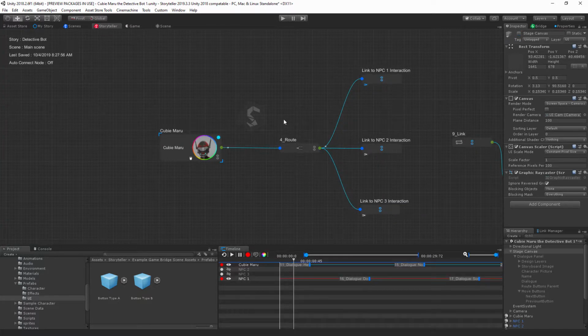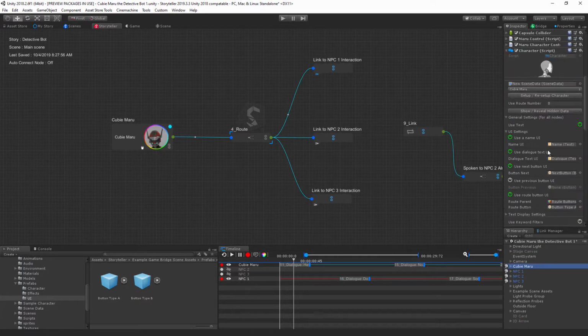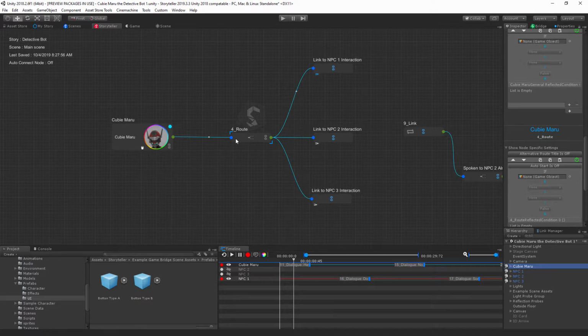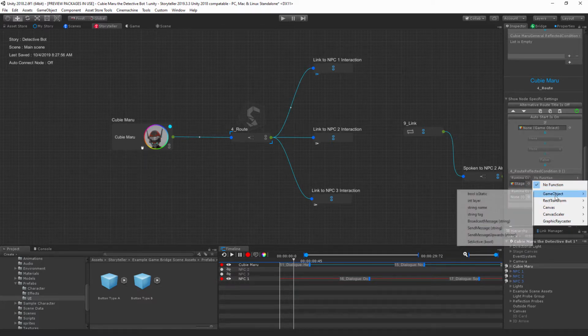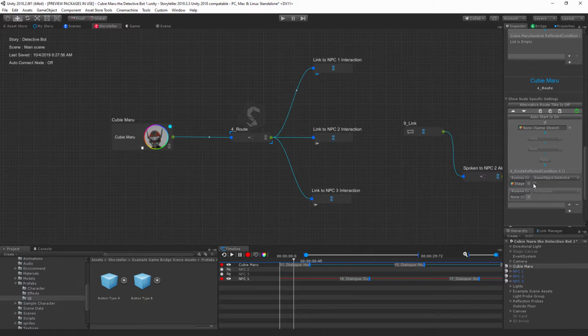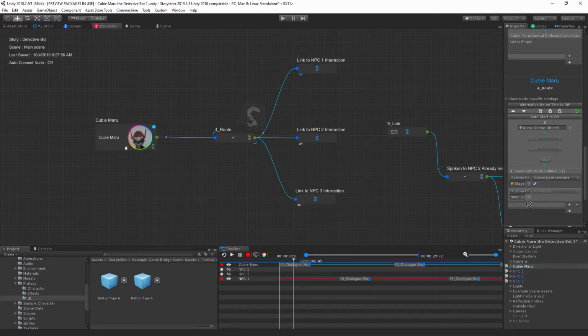So our initial interaction, the reason why we set this to -1 is because we want to run a very specific function on this. So select the route, and on our character here, see we're using four route here. We want to run a function on this. So I'm going to go automatic start and add two functions here. I'm going to say stage canvas, game object set active to true, and I'm going to say here character